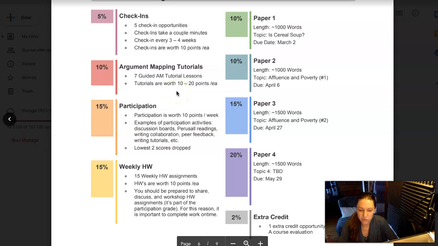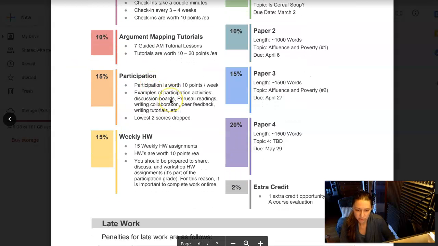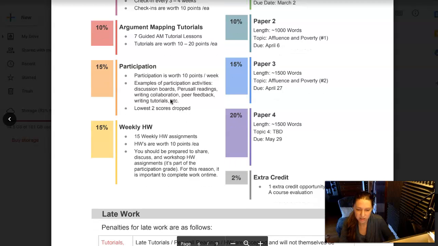Okay, argument mapping tutorials. There will be 7 guided tutorials, each worth 1 to 2% of your course grade. You'll be finished with those in the first 3 weeks of class. Let's see, participation. So participation, as I said, is worth 10 points per week, and your lowest 2 week scores will be dropped. And participation activities will include participating in discussion boards, participating in